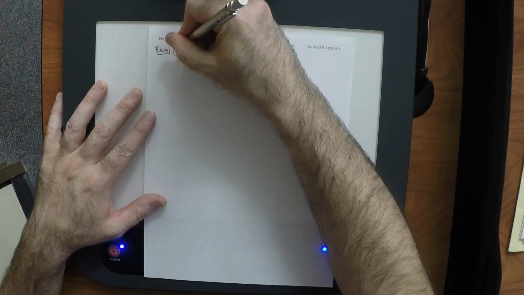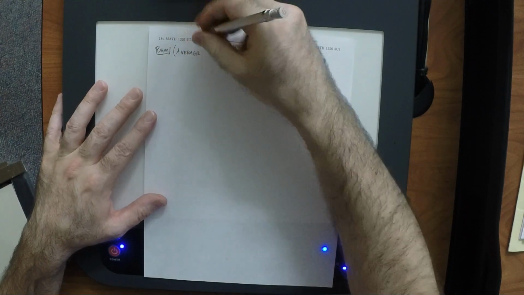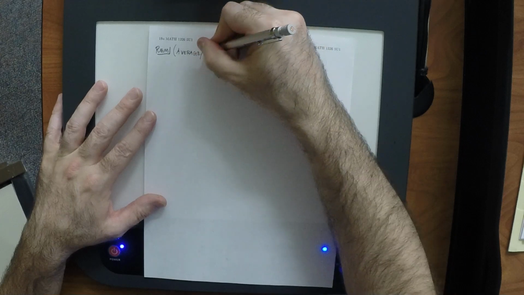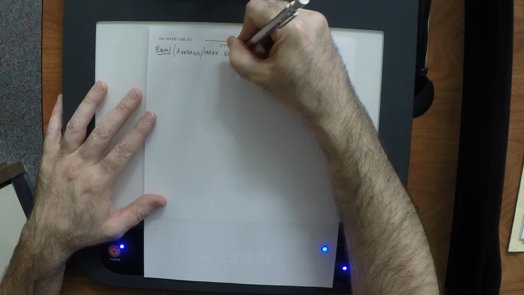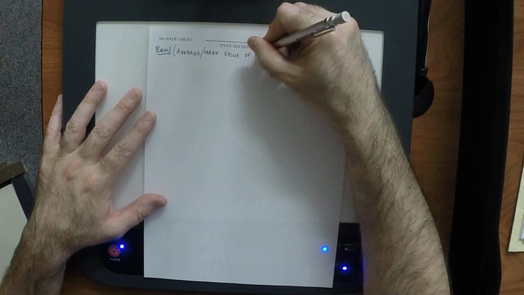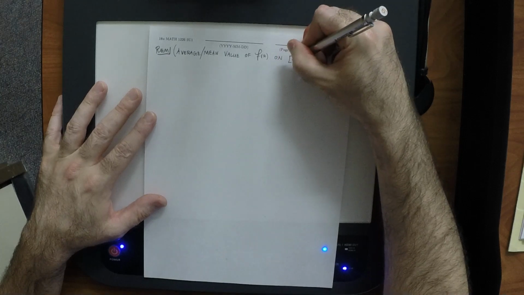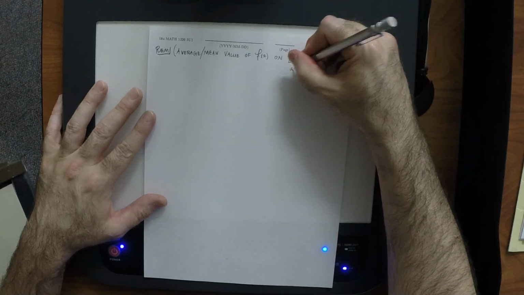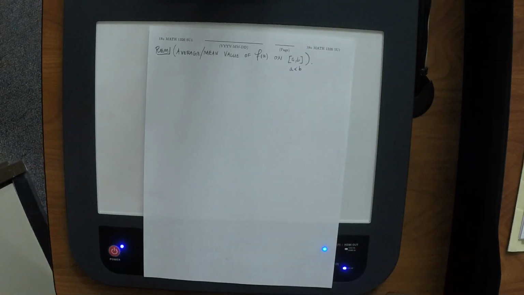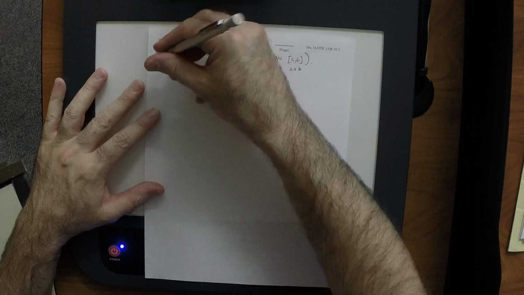So this is the definition of the average or mean value of f of x on a to b. And again with a less than b, which gets rid of the trivial intervals. Okay, so the first item,